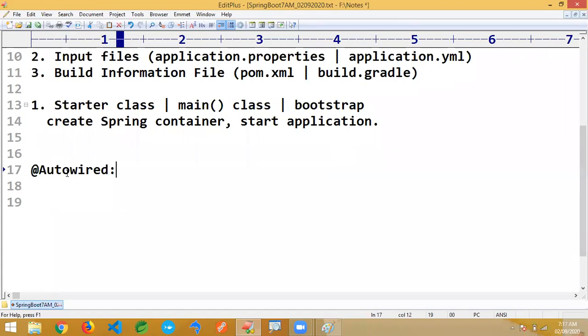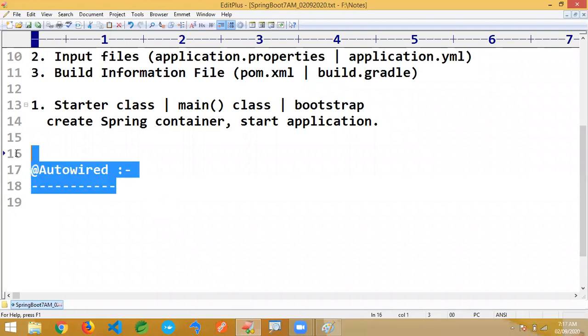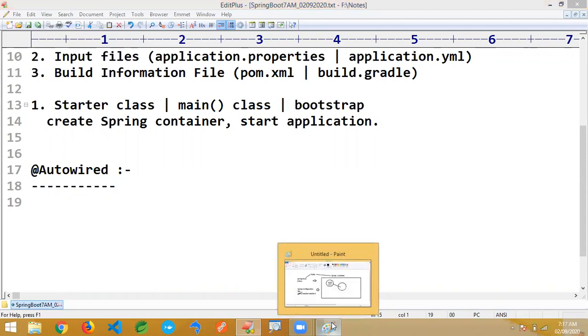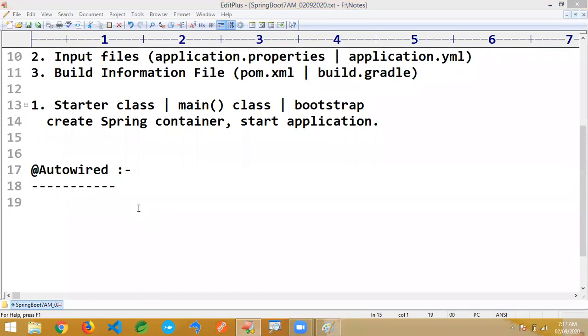Okay, this is also a mostly used annotation here in Spring. Here I'll give an overview only, and separately we are going to discuss @Autowired in a separate session. I just want to give some annotations overview which are actually required to start Spring Boot programming here. Now concentrate. If we have one class, simply @Component and @Value are sufficient.